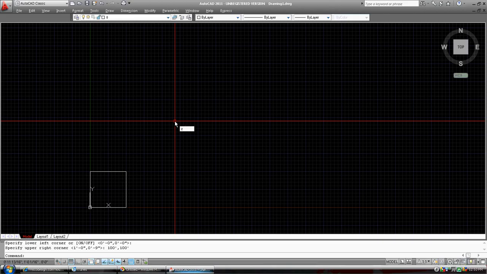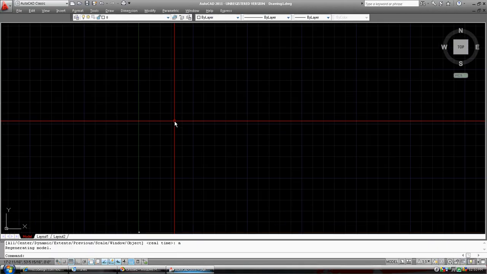Okay, now we are going to zoom. So Z for zoom, enter. At the bottom of the screen, it gives us a number of different choices. We are going to pick the first one, which is all, and so A for all, and then press enter. So now our little rectangle, 5 inches by 5 inches in our screen of 100 feet by 100 feet,